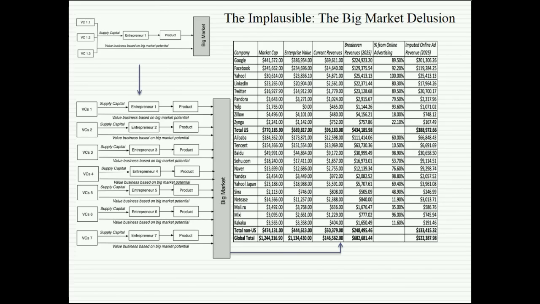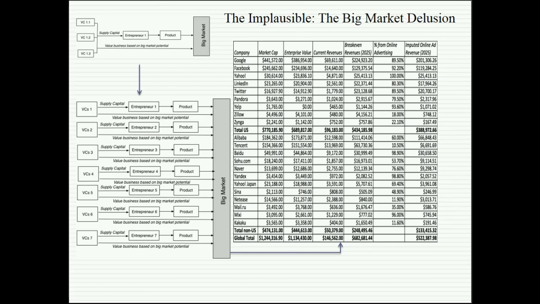I took the market cap of every one of these companies and backed out from the market cap. So I did some reverse engineering. I said, if the market cap is right, how much revenue would I need in year 10 to justify the market cap? I did that with each company. In the last column, you see the imputed revenue based on the market cap. I added up the imputed revenue of all of these companies in 2015. And the collective revenue that the market seemed to be imputing into the market capitalization was about $522 billion. You're saying, so what? The entire online advertising market in 2015 was $220 billion.